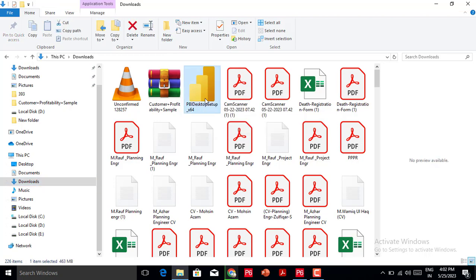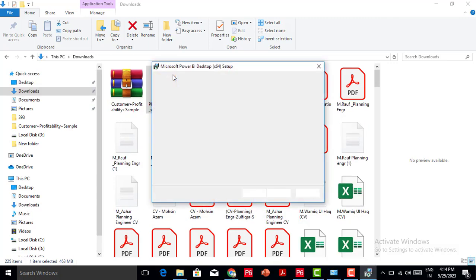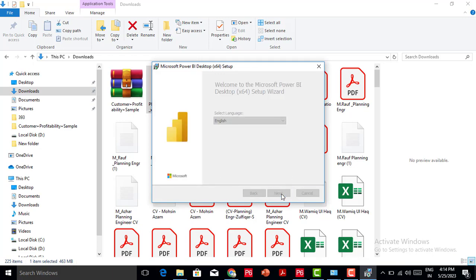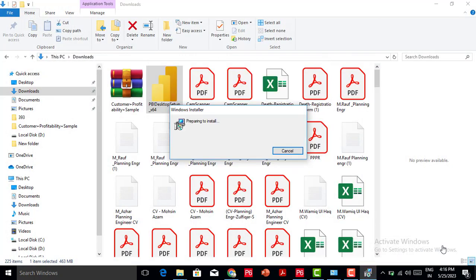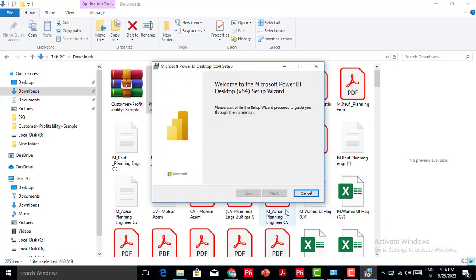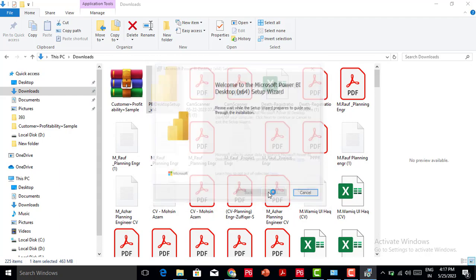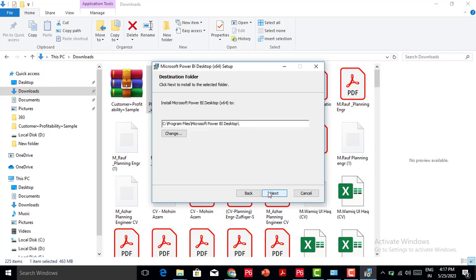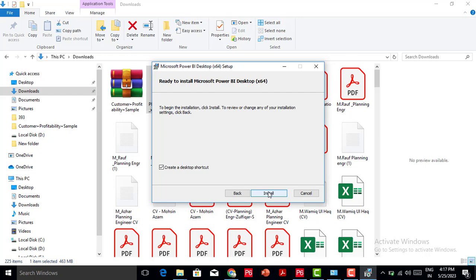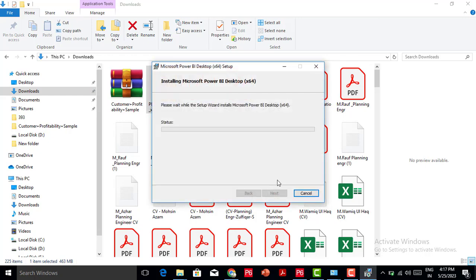So double click on this application. It will take some time. Next. Next. I accept the terms in the license agreement, and next. Next. Install. It will take some time, and after some time the installation will be completed and you can use